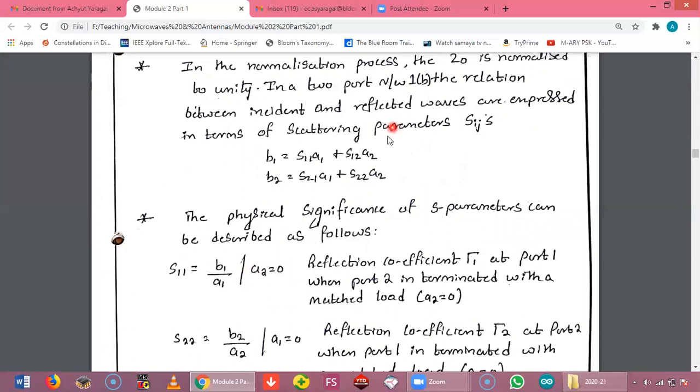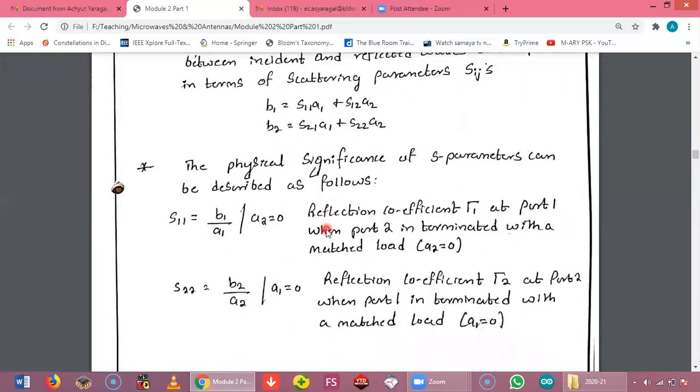If you put A2 equal to 0 in the above equation, that is V1 equal to S11 A1 plus S12 A2, you will have S11 equal to B1 by A1. This is nothing but the reflection coefficient at port 1. In the same way, if you want the reflection coefficient at port 2,